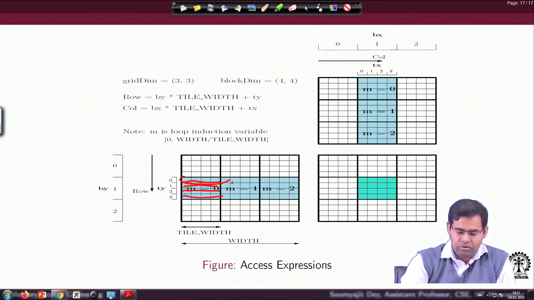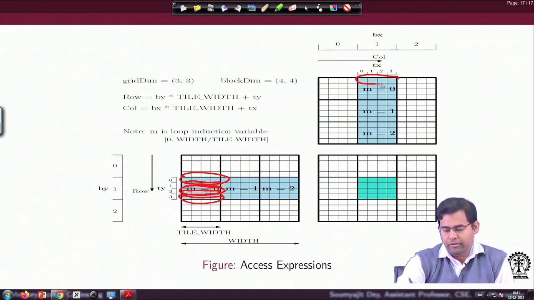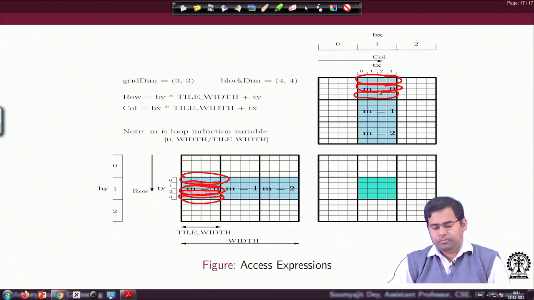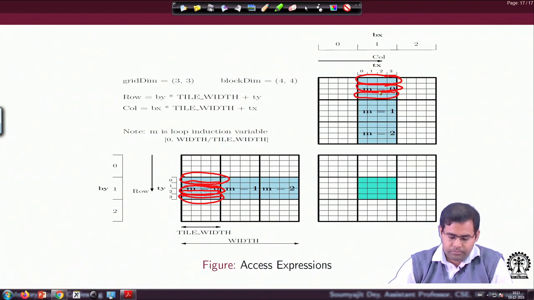So, all these loads will be coalesced, again all the other loads will be coalesced, and like that. Similarly here, since I have broken down the computation into phases of loads followed by compute, again loads followed by compute, these loads are now nicely coalesced.